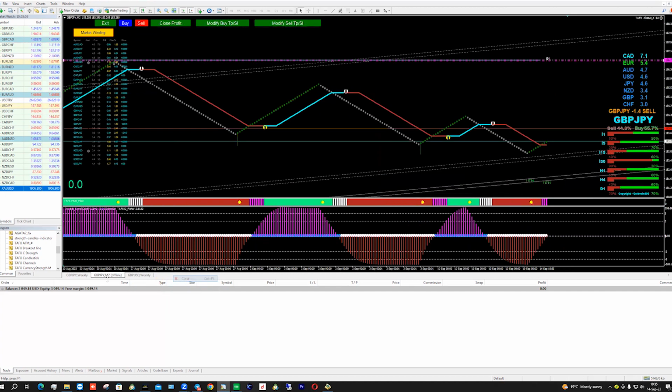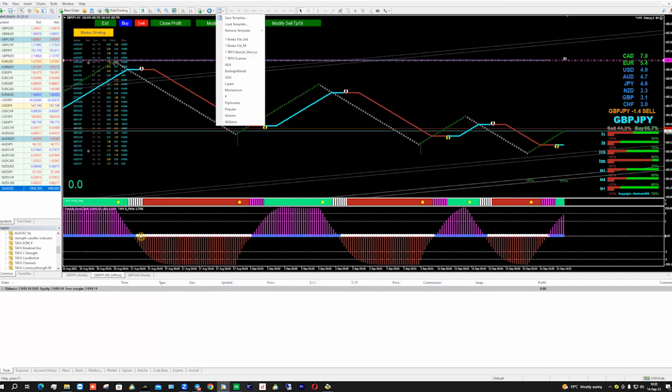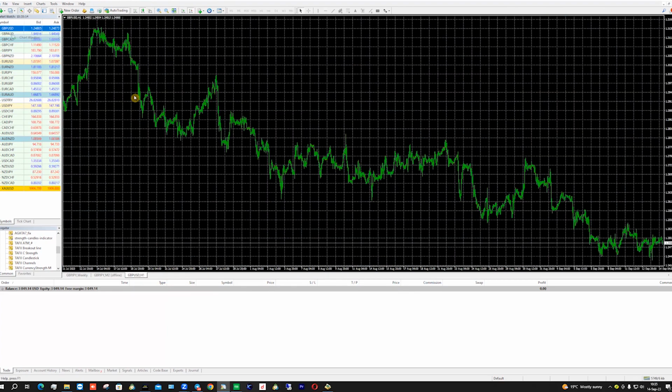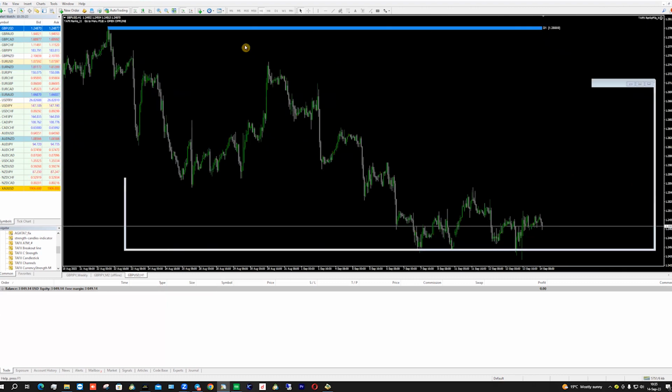Number one, after opening your charts here, you just go, right? Because when you open your chart, it's plain like this one. You just go to templates, you just pick this Renko file M, right? You just click it just once. And in case of anything, if it will